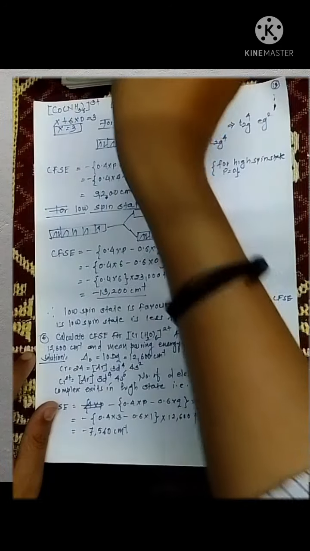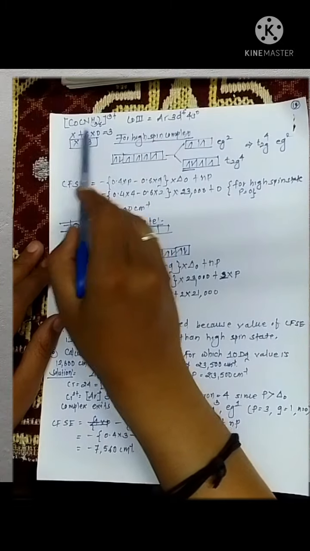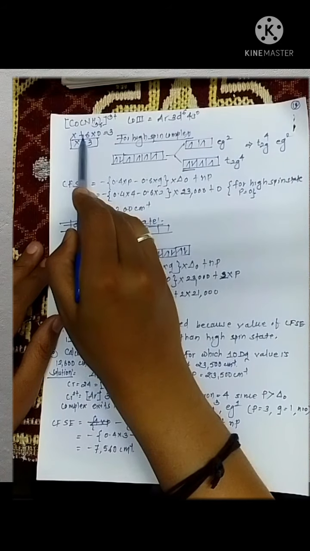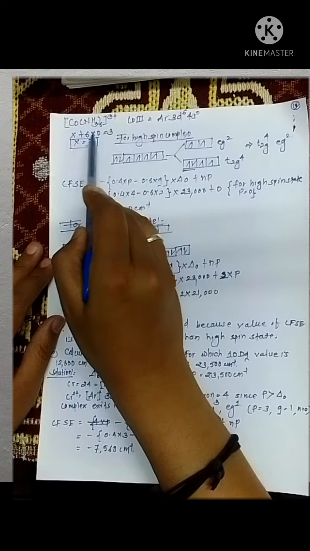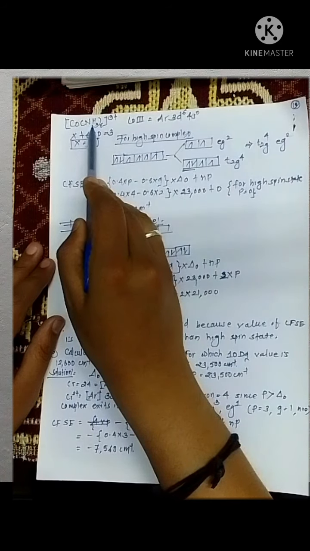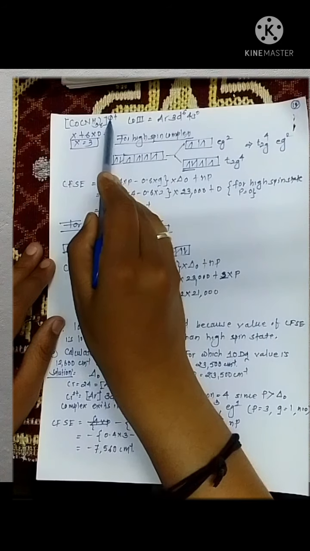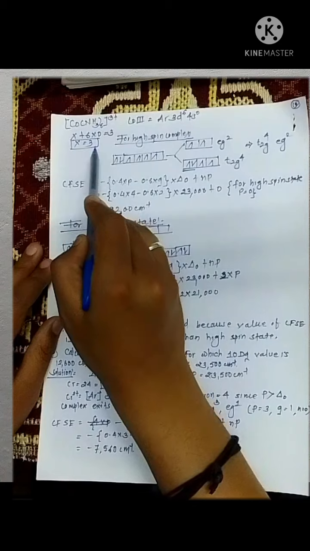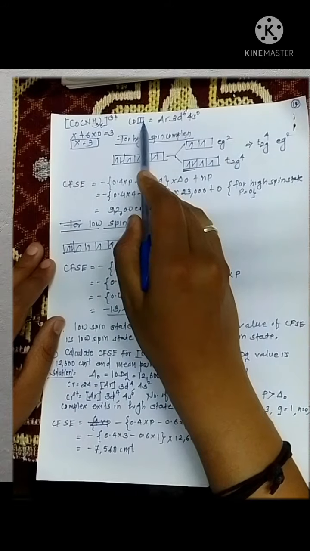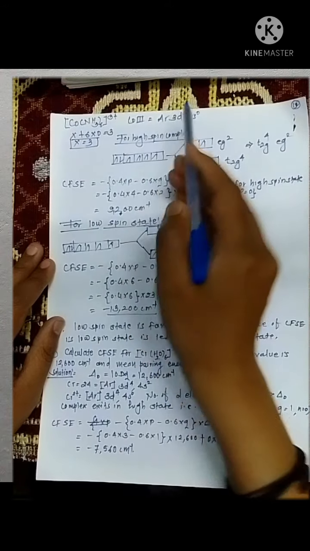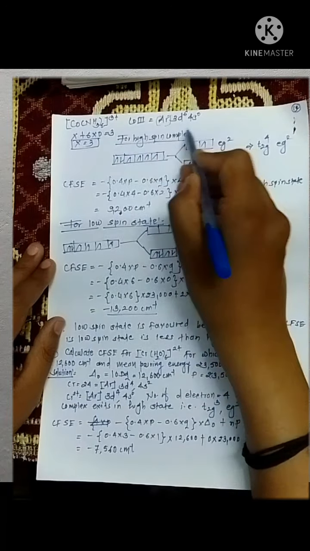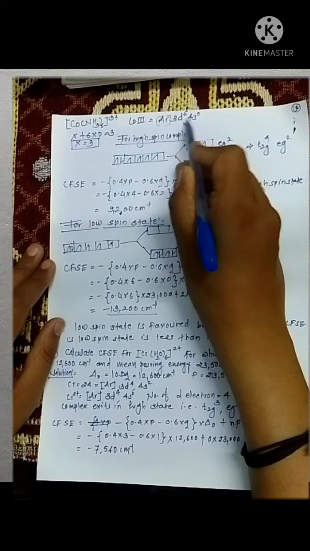Now just see here, we have to calculate the oxidation state of cobalt in this complex. So x plus 6 ligands are there, that's why 6 multiplied by the charge on the ligand. Ammonia is basically a neutral ligand, that's why 0 is here, and overall charge on your complex is 3. So x is equal to 3. It simply means that your cobalt is present in 3 plus state. So the electronic configuration of cobalt 3 can be written as Ar, that is argon, 3d6 4s0. It simply means that there are 6 electrons present in your d orbital.